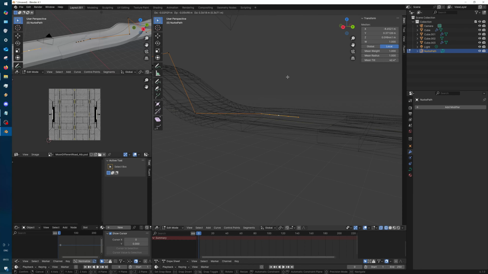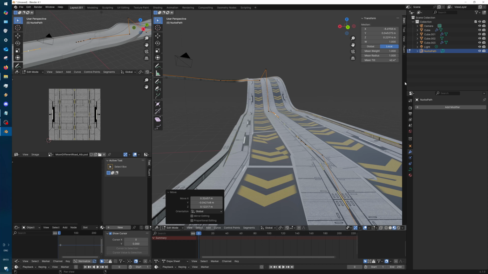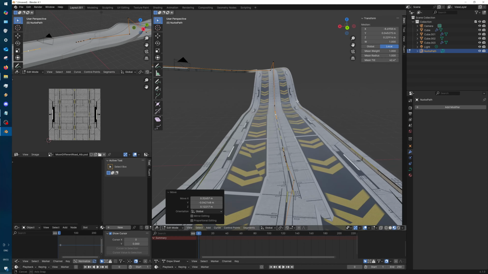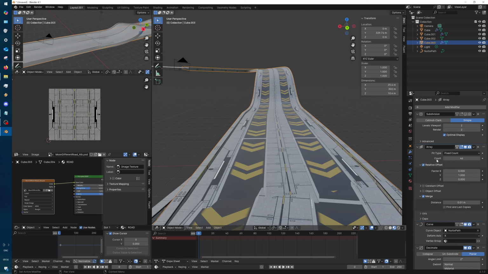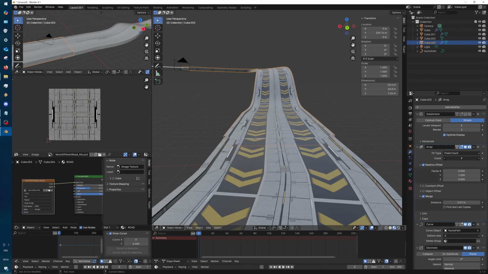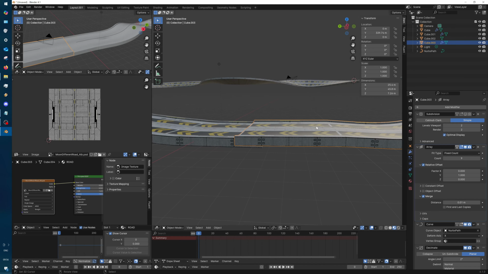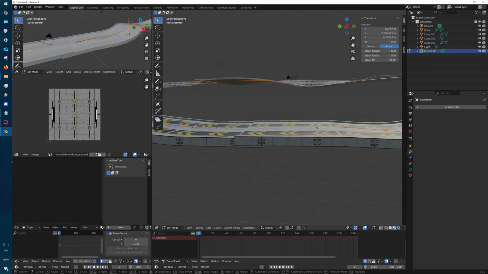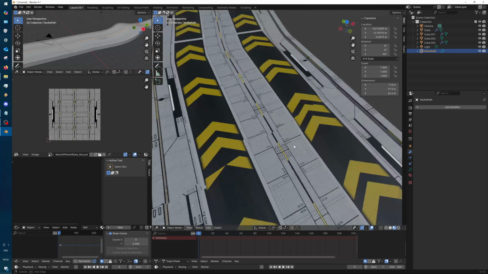I would do my best to align them. My absolute best. It will not work well. This just straight up will not work well. So we just align it as best as we can, and now we lower the array count so we can get it to match somewhat. Let's have it overlapping just a bit. Okay, this is pretty bad,